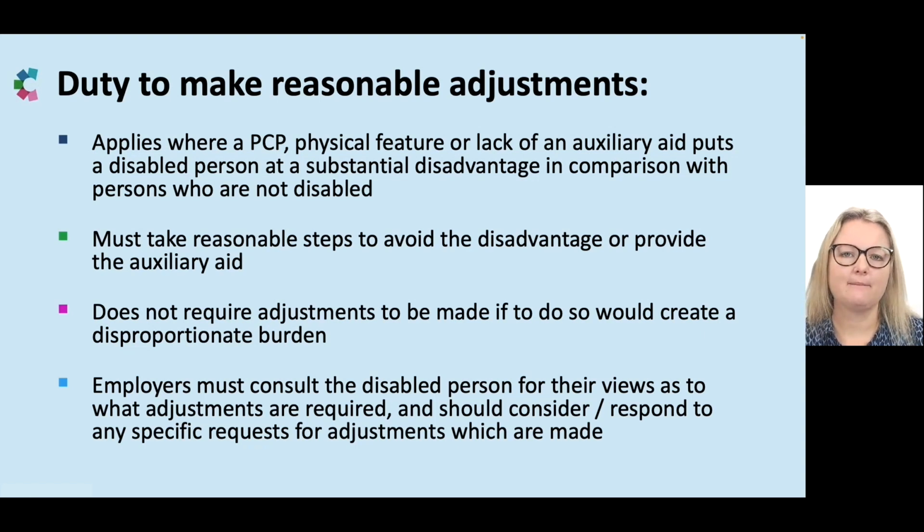Examples of potential adjustments in the employment context might be allowing someone to work flexibly. It might be providing specialist equipment, maybe specialist software or keyboard or chair, or it might be a change to the physical features of the premises. So it might be something like installing clearer signs around the building. Although it's important to note that to the extent that this duty requires changes to be made to physical features of premises, the duty will not come into effect until 1st of October 2028, so employers have a bit more lead-in time.